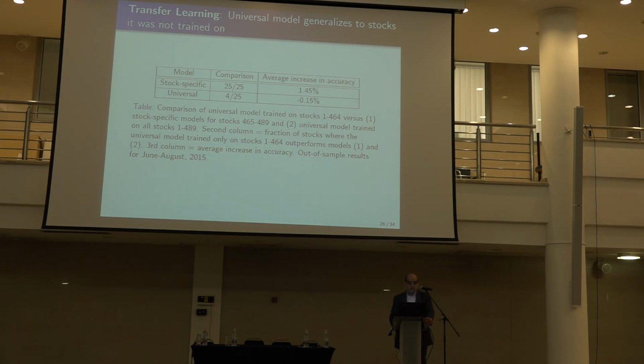So it means that this, in the learning jargon, is called transfer learning. I mean, this is very nice. This literature, they invent new terms for everything, and so you have to learn all these words. But it means that it generalizes to stocks which it was not trained on, but this is not possible unless the structure of the price formation is the same. So for me, it's really an information that what people have been assuming implicitly in the market structure literature, which is that basically it's the same for all assets and markets, is not stupid. There's actually non-parametric evidence that this assumption is true, which is nice.